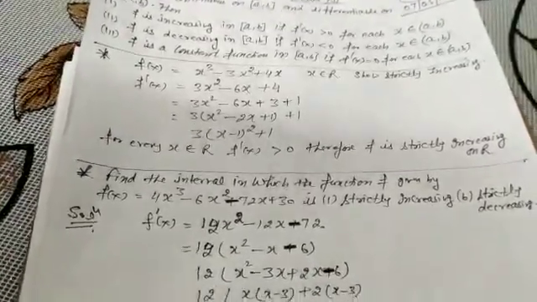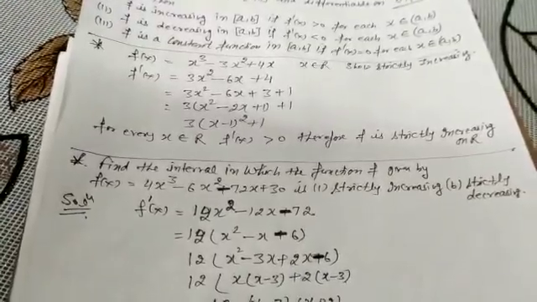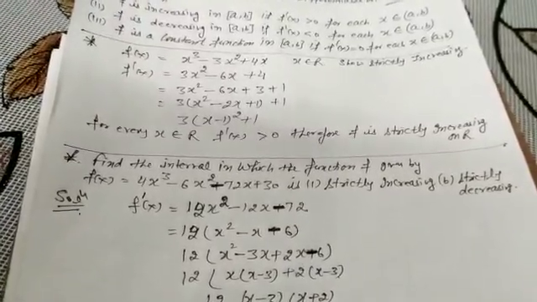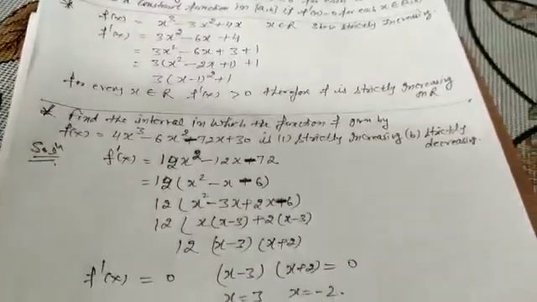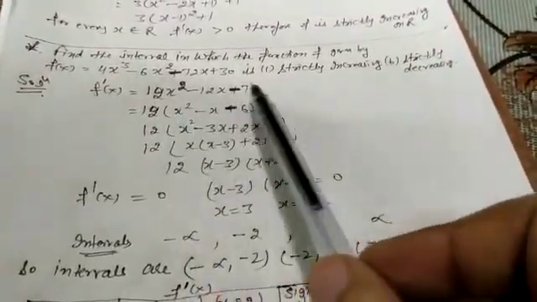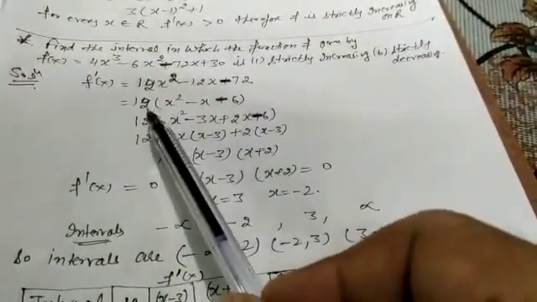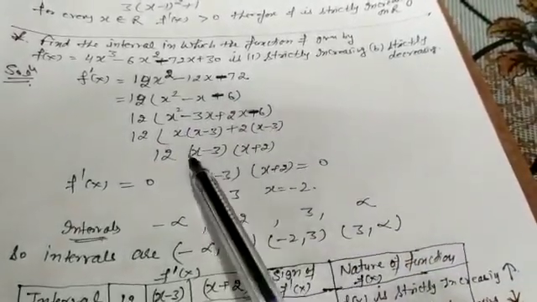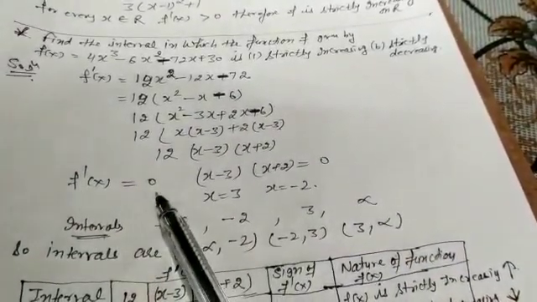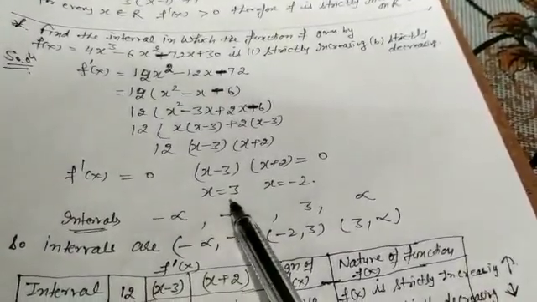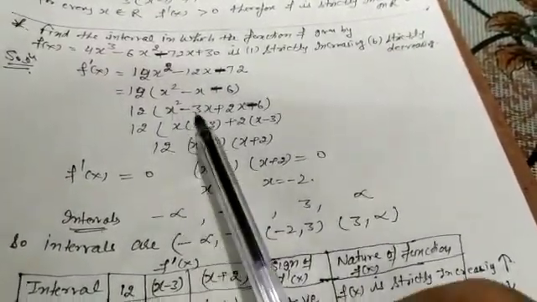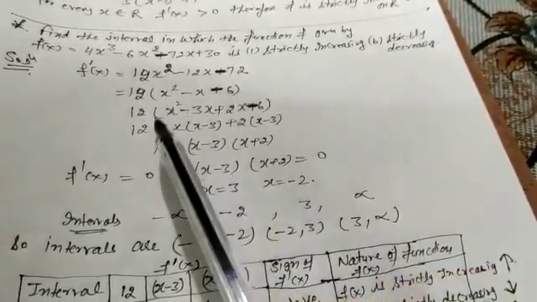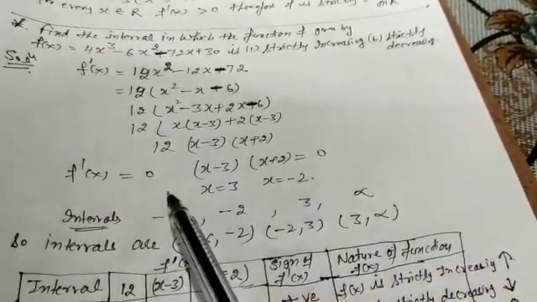Now see this question. It is an important question because this question is a complete base of the exercise, how to attempt the question. First step: find out the derivative of the function. If something is common, then take it common. After that, factorize it and keep that factor equal to 0 and find the value of x. Remember, this is the first step: take the derivative and keep the derivative equal to 0 to find the value of x.